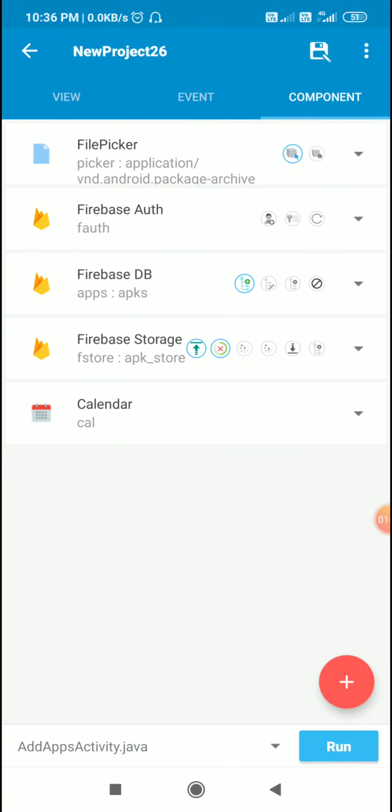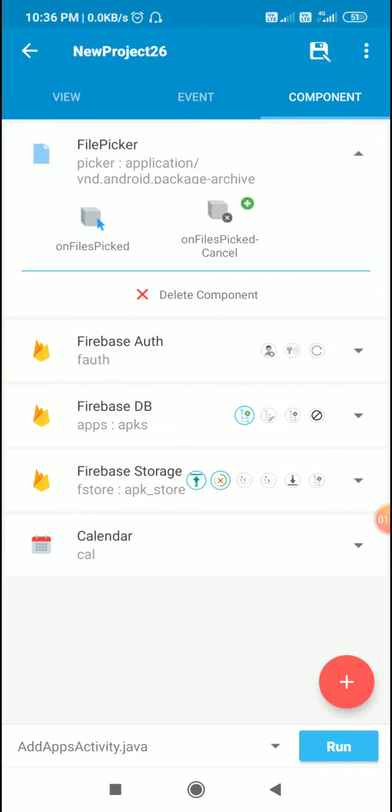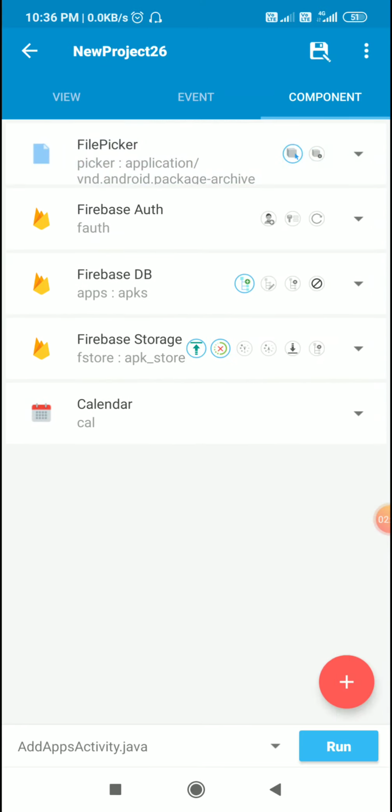Here in components, I have a file picker component for which I have set type to application/vnd.android.package-archive. So this means that it will select only APK files.